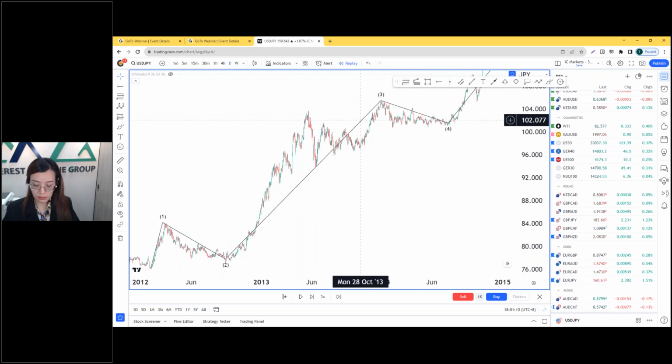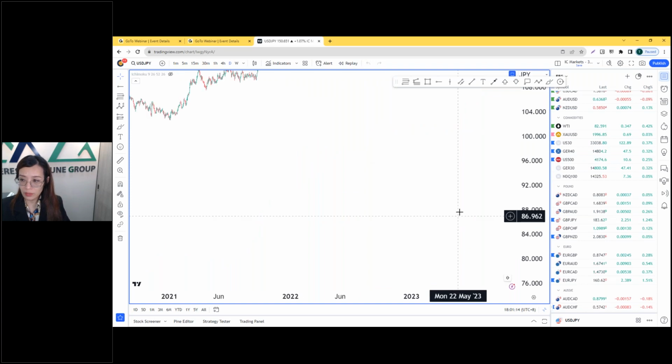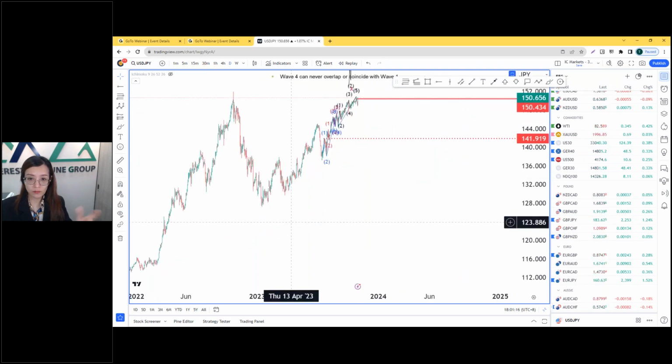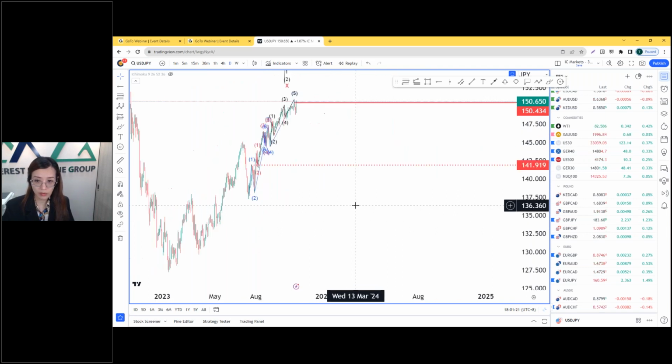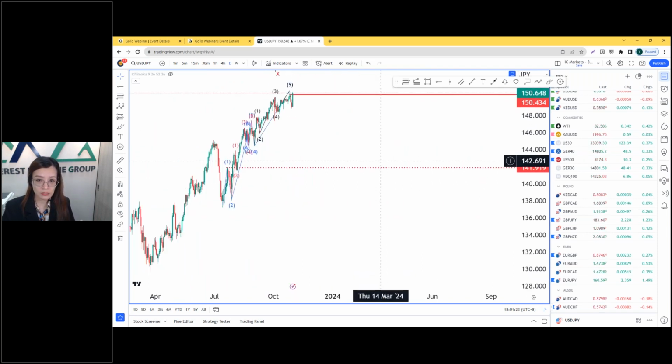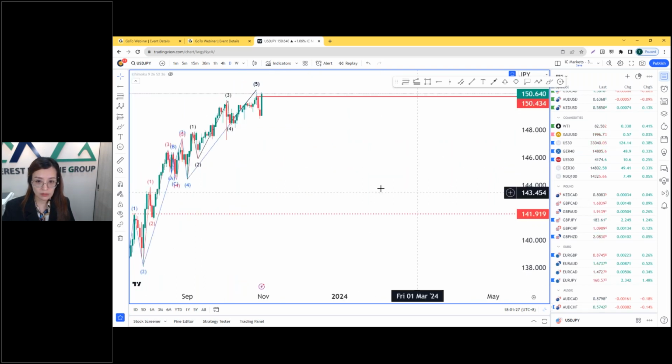Okay, this is not a good example. I think the current one is a good example. For example, if you're a swing trader, you can go to weekly and daily, or if you are a day trader, you can go to H4 and H1. What does this mean? For example, here,